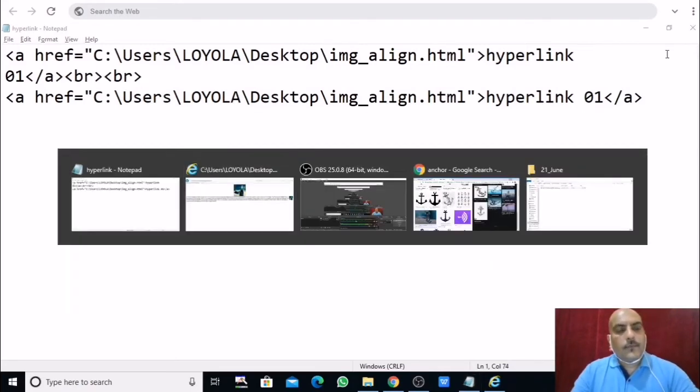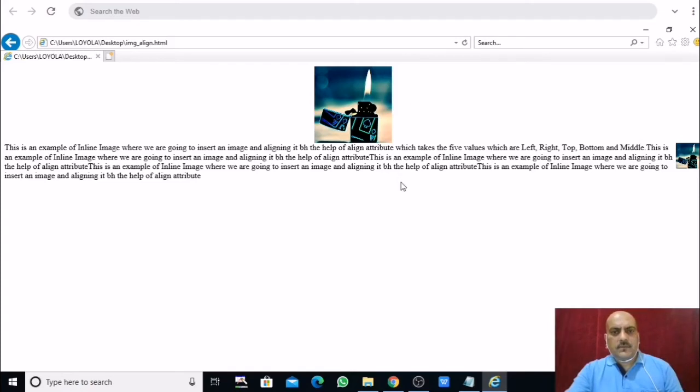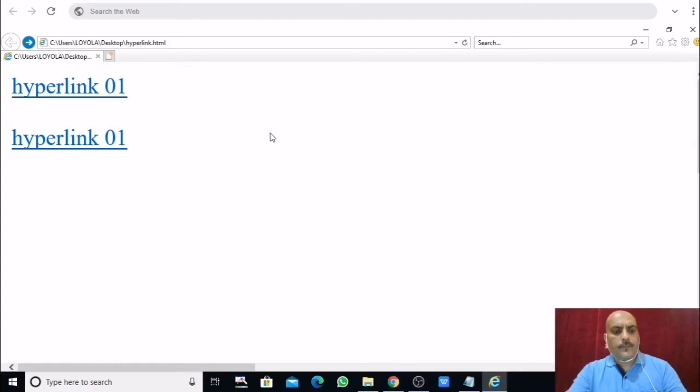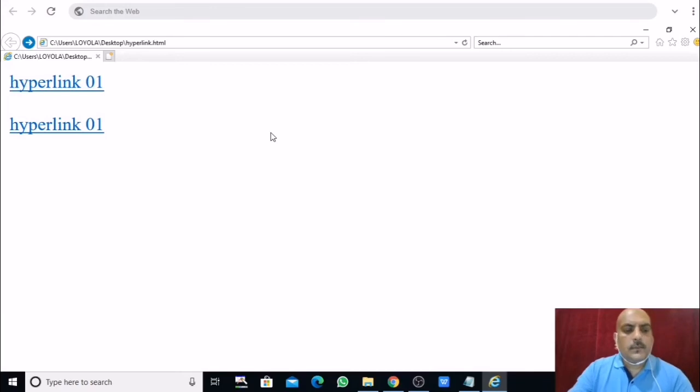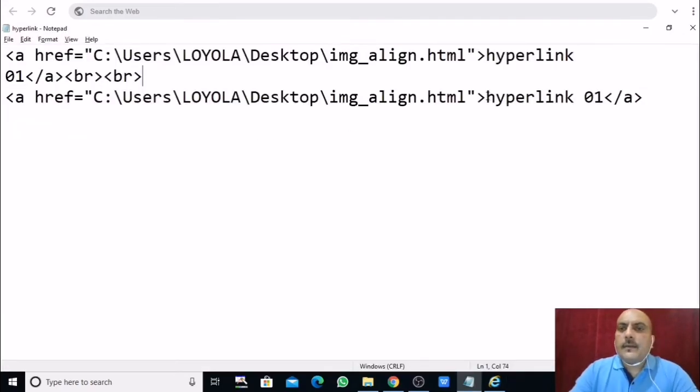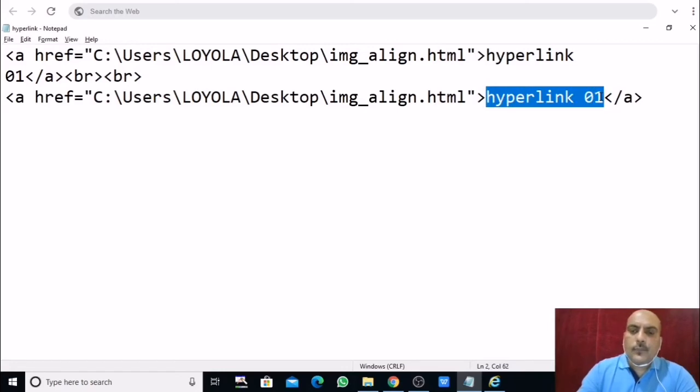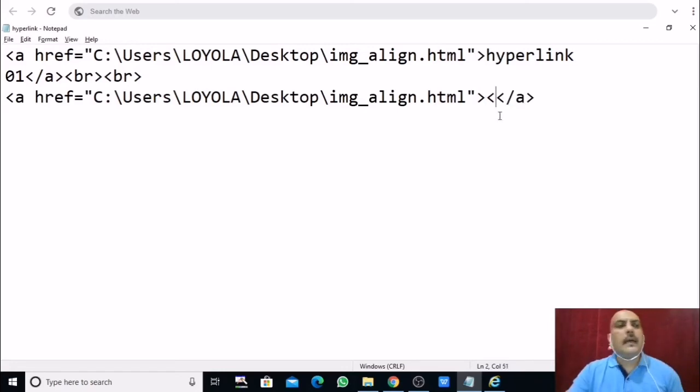So what will be the format? The format will be like this only. See, hyperlink and hyperlink, right? But here I am not writing hyperlink. Instead of hyperlink, I am going to give an image path again, by img space src is equal to double quote and then close it. Here use an image, which image?